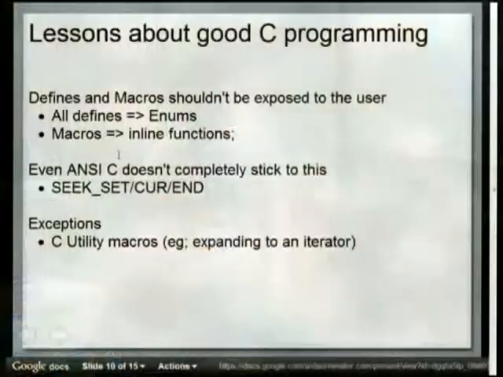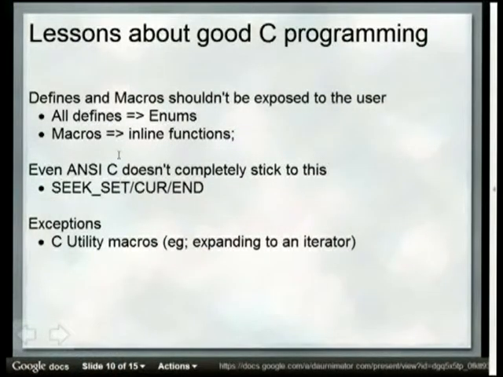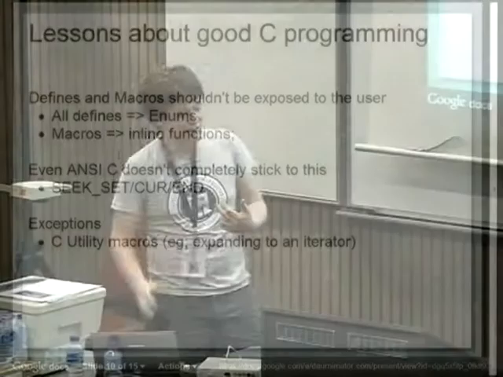I sort of concluded a few good things about good C programming. Defines and macros should essentially not be seen by a C library user. All defines can almost reasonably be used as enums instead, and I don't see many reasons not to. For example, SEEK_SET, SEEK_CUR, SEEK_END in your standard ANSI C header files. They're impossible to get out of the GCC preprocessor. You have to actually go in and grab them with